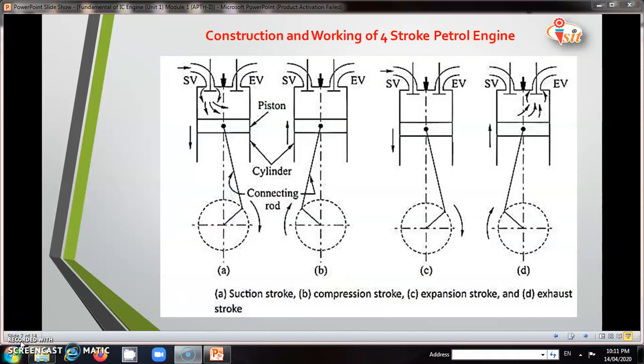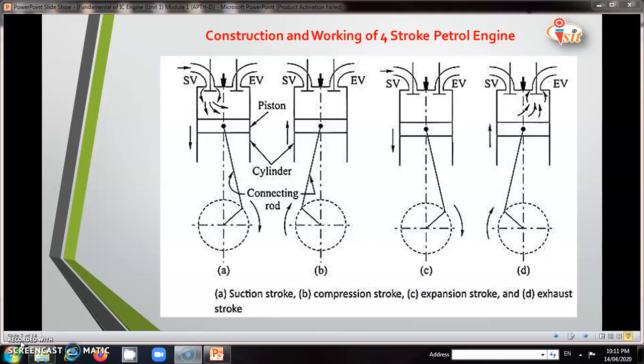This is the most important part of the IC engine: the construction and working of the 4-stroke petrol engine. There are basically 4 strokes. The first is the suction stroke, the second is the compression stroke, the third is the expansion stroke, which is the power stroke, and the fourth is the exhaust stroke. In the 4-stroke petrol engine we get 1 power stroke per 2 revolutions of the crankshaft, meaning up to 720 degrees of revolution: the crank rotates twice and we get 1 power